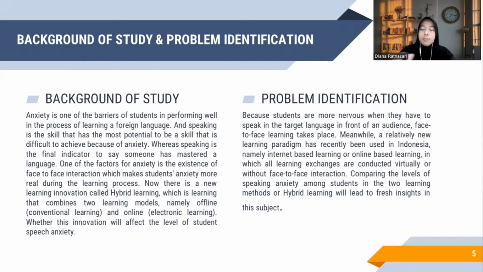Speaking is an important skill because it is the final indicator to say someone has mastered a language. It will be nothing if you can just listen, read, and write, but cannot speak in the target language. So, speaking is the final indicator that someone has already mastered a language. Because of anxiety, speaking seems difficult to achieve,